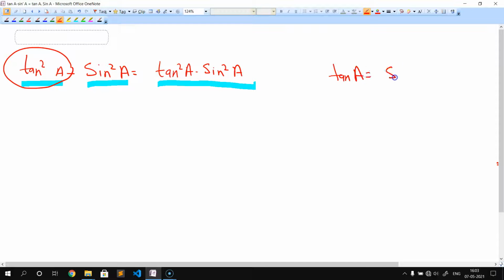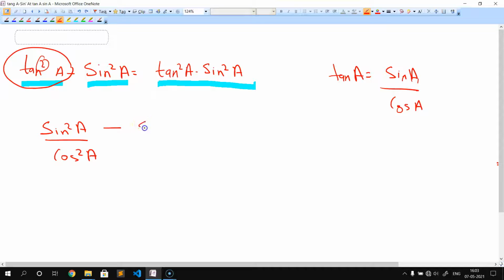Tan A is equal to sine A upon cos A. So here it's square, so it will become sine square A upon cos square A